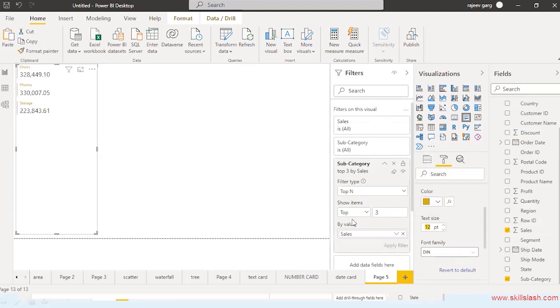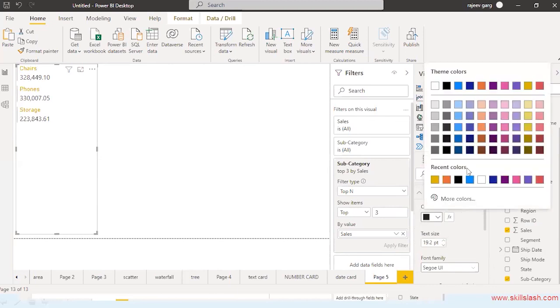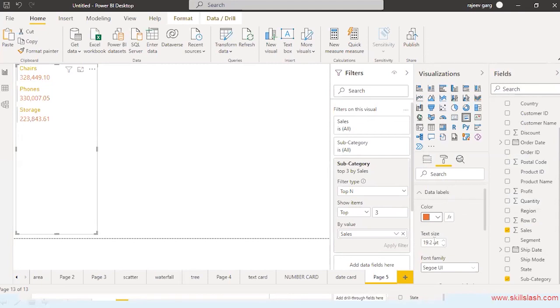Let's take it as 20. All right. Then you have the data labels. You can change the data label color. Let me take it as orange over here, and let me reduce the size. Let me say 18.